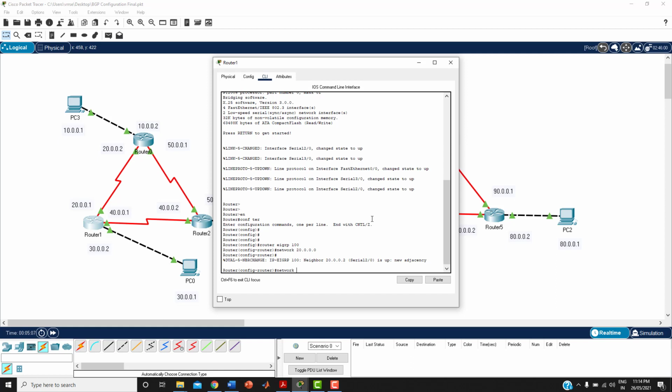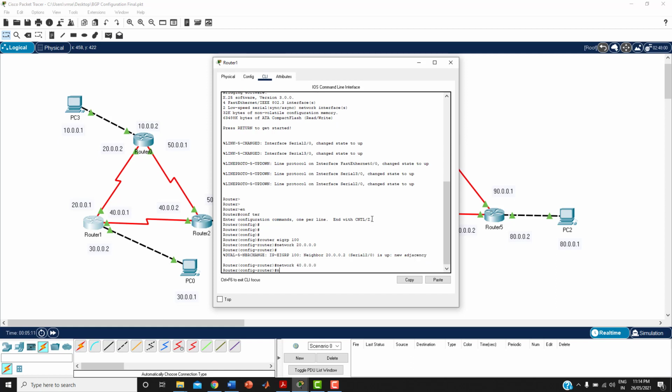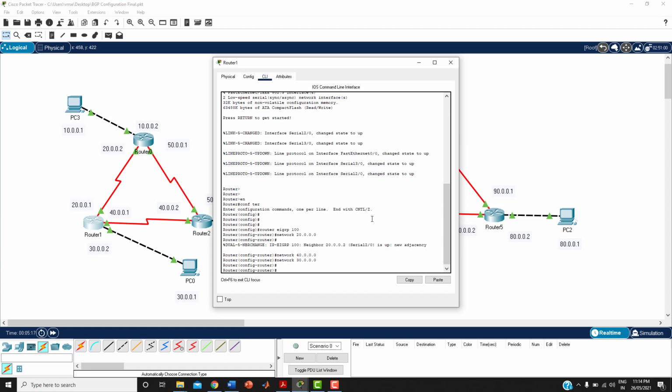Then network 40.0.0.0 and network 30.0.0.0. So we advertised three networks: 20, 30 and 40.